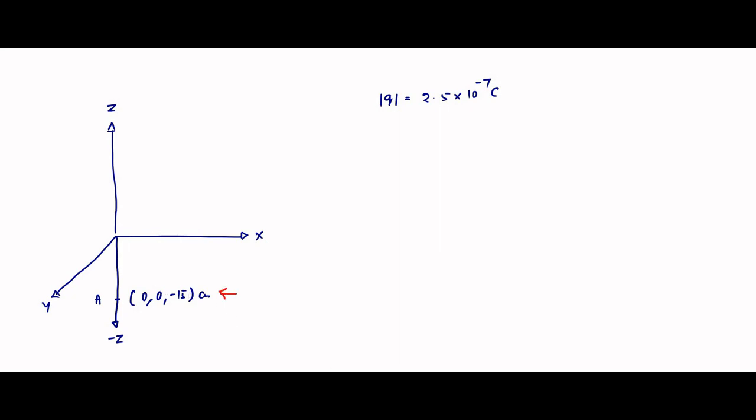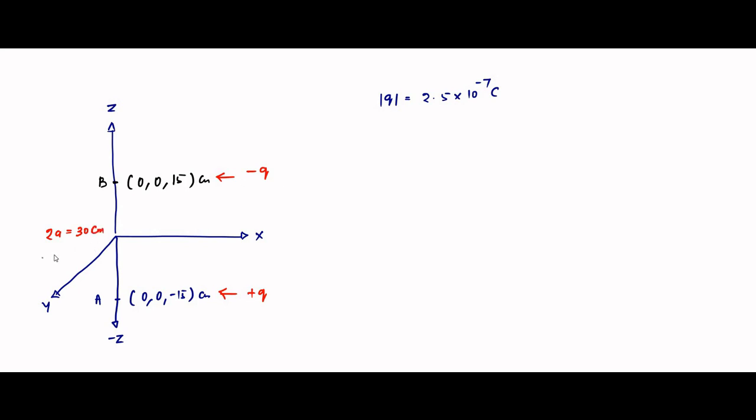And then we have another charge which is located here, B, (0, 0, +15 cm). Okay, this one. So here is the negative charge, here is the positive charge, magnitude of which is this. So this constitutes an electric dipole with separation distance 2a equal to 15 plus 15, 30 centimeters,